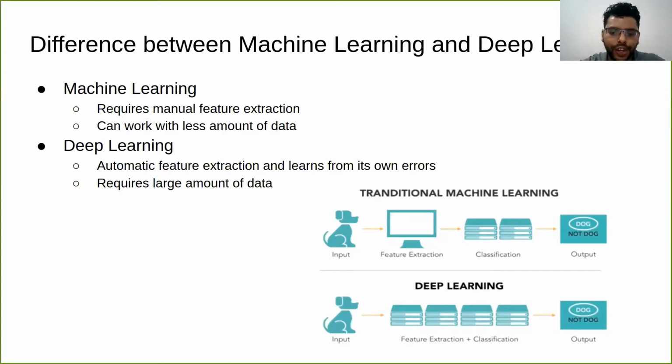In deep learning, we just provide the image of the dog, and it will automatically extract those features. It will extract what its ears look like, what its nose looks like, hands, does it have a tail, and all those things by itself. So we don't have to do any manual extraction of features, and it will learn from those automatically extracted features and then create the model at the end. So this is just a high level difference between machine learning and deep learning and how they operate.